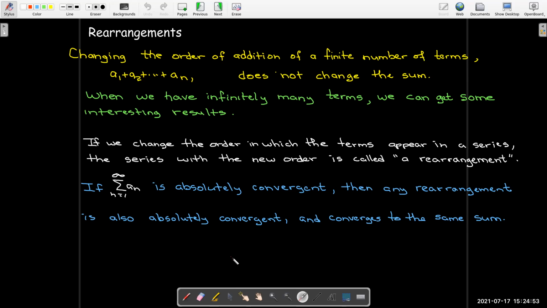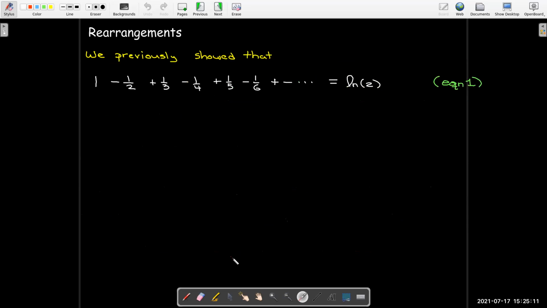In other words, if you take any rearrangement of an absolutely convergent series, then the rearrangement is also absolutely convergent, and it converges to the same sum. Well, what if you have a conditionally convergent series? Well, we know that our conditionally convergent alternating harmonic series is convergent, and it converges to the natural log of